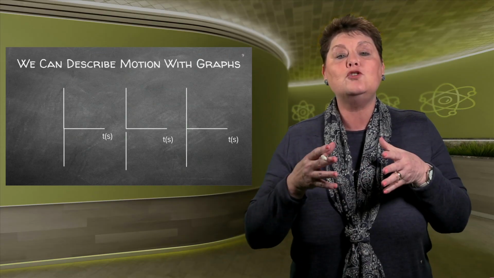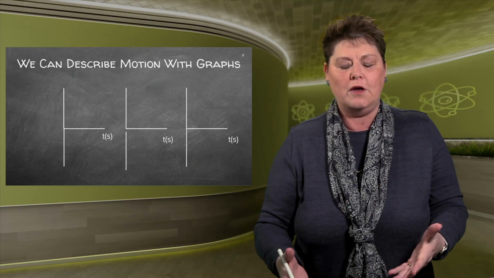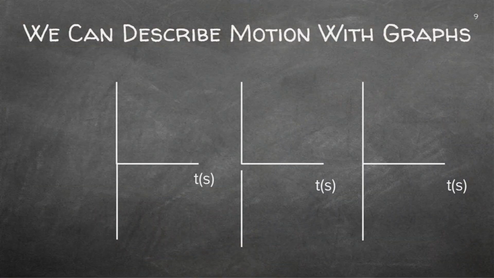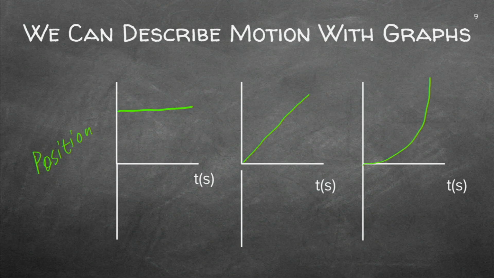You'll have to be able to present it on a graph. Now let's quickly revise graphs. We had position and time on graphs. And remember, we said if you've got a position like that, it's standing still. If you've got a position increasing, it's actually moving with a velocity. And if it's got a position that goes like that, it's actually accelerating. That's the first type of graphs that you'll get.